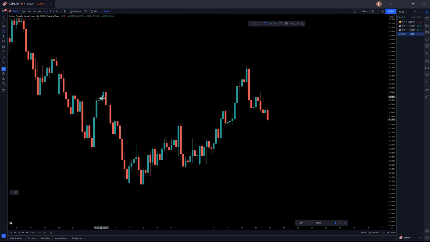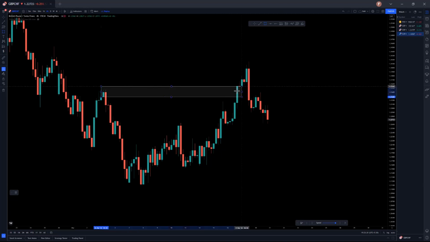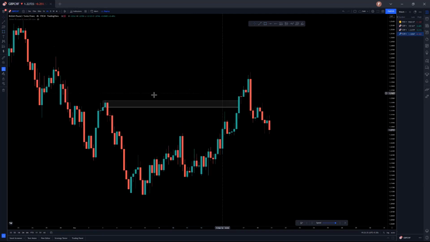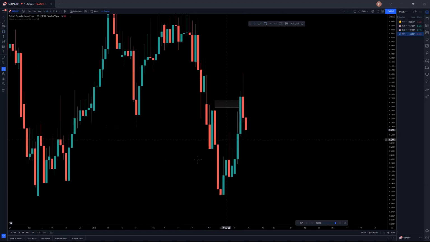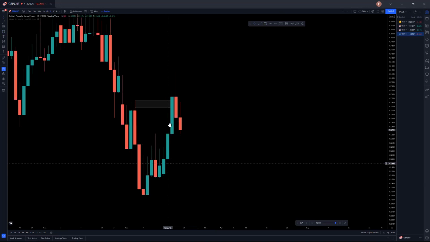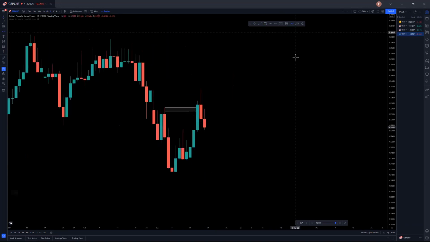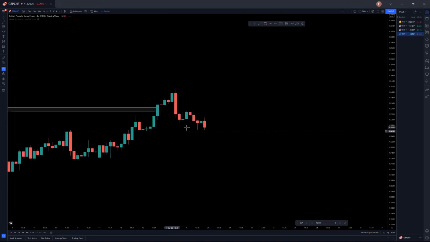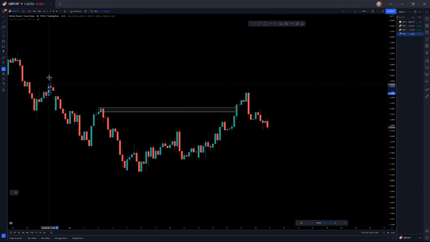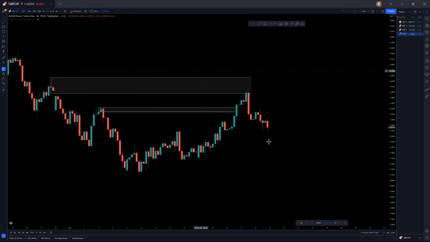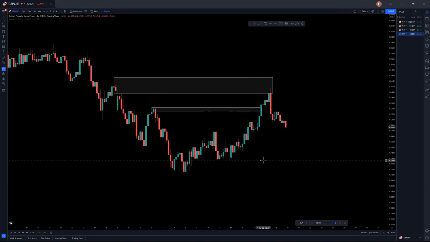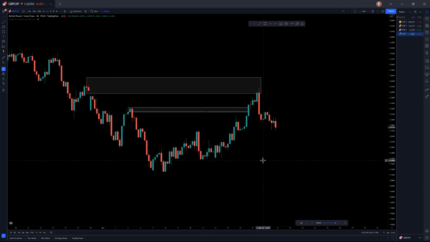All right, so now we have a couple of POIs right here. We have a POI right here, and just by looking at the daily, the momentum was pretty strong. To confirm this POI, we need reaction, we need a bearish closure. We didn't get that, we clearly broke that. Now we have this as a POI. So just by understanding the daily nature, you are expecting this POI to not hold. Why? Because the daily momentum is strong.